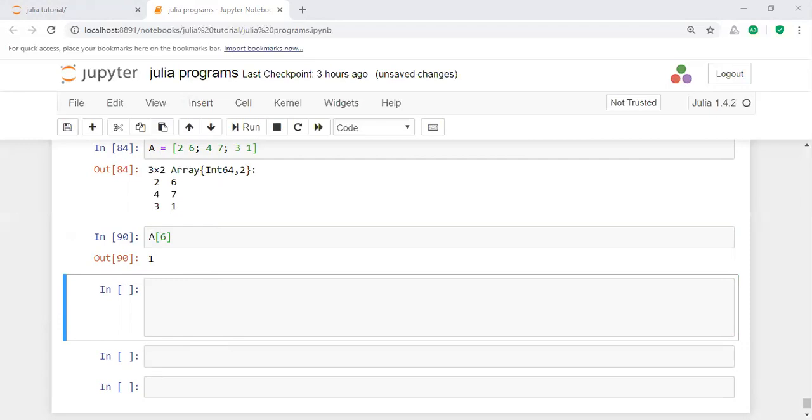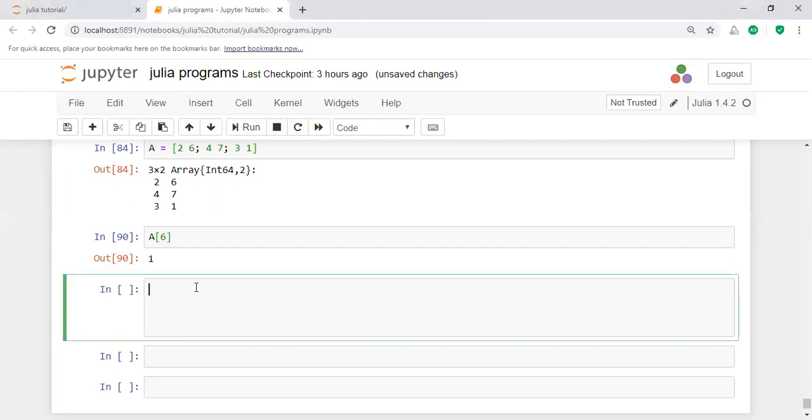Iteration: you will apply the for statement for performing the iteration operation. Here you have a view. For example, you have a variable. I am taking a simple example for performing the iteration.